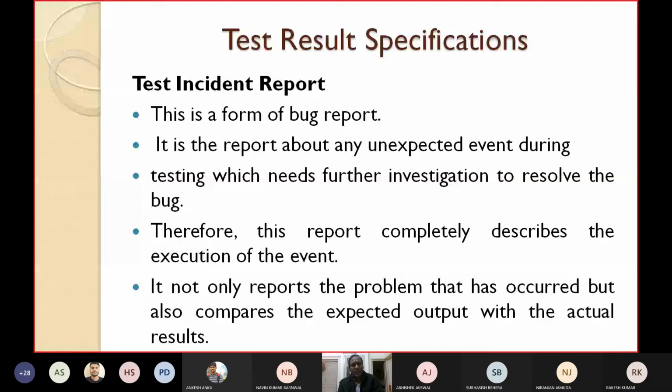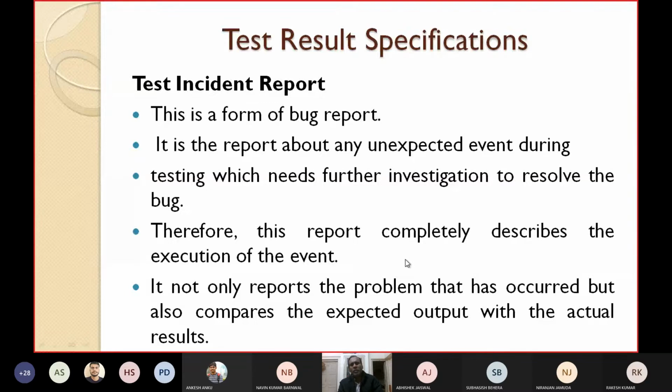Therefore, this report completely describes the execution of the event, how the event has been executed.